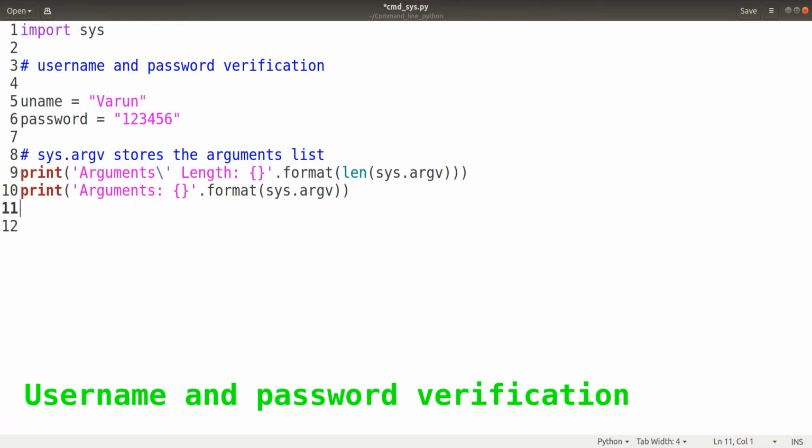Okay, so here we will check the username and password. Right, so checking for username and password.